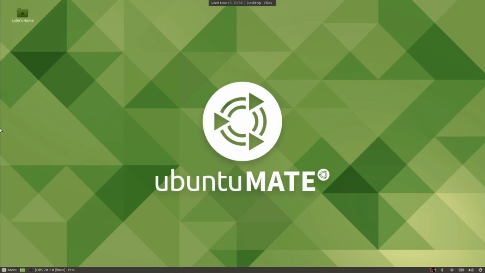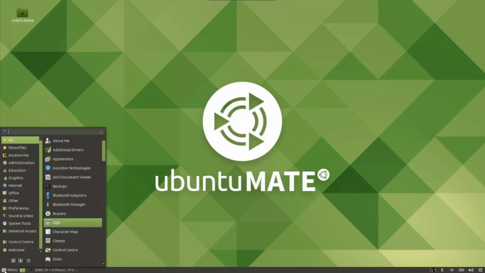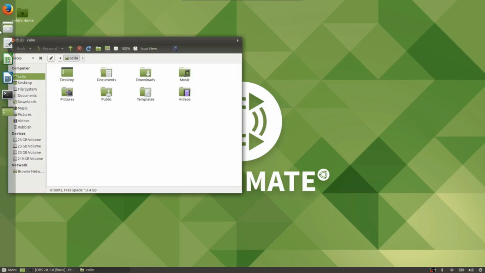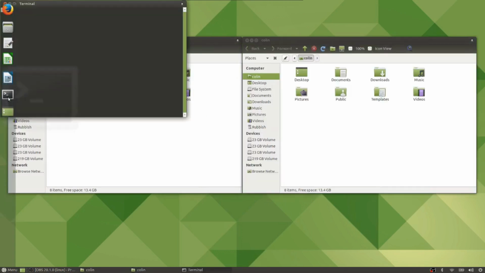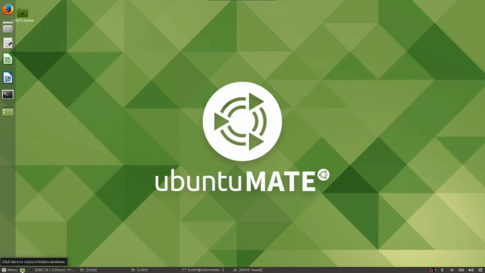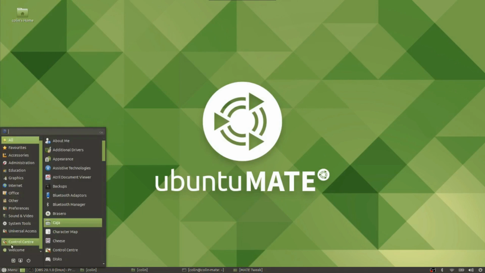So we've got two auto hide panels in place. Our brisk menu, our Windows list. So if we open a few things, tweak, and we've got also show desktop. So that's my creation. Now what we can do is we go to Control Center,